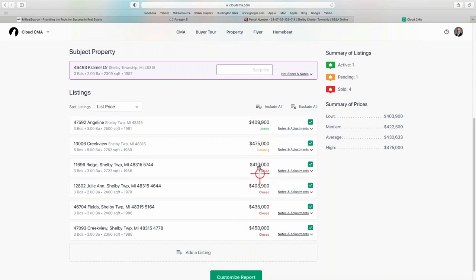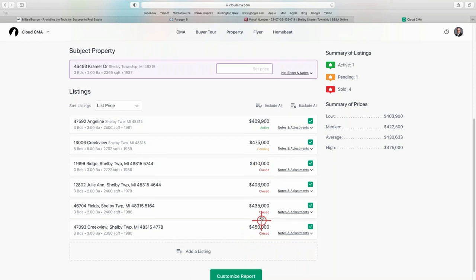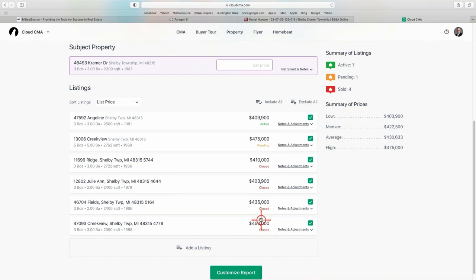Okay, and then as you can see, I got the lowest close to the highest close. So I like the way all that looks. So now we're going to go to customize the report. One other thing, if you did want to add a listing, you can come down here, select that, add the listing, the